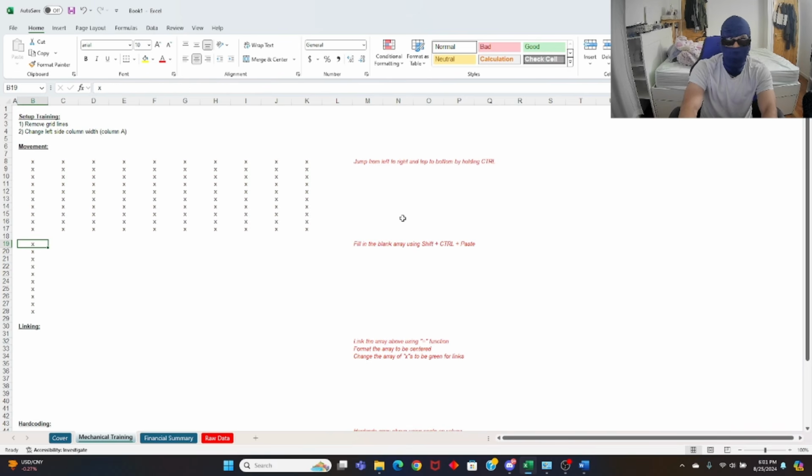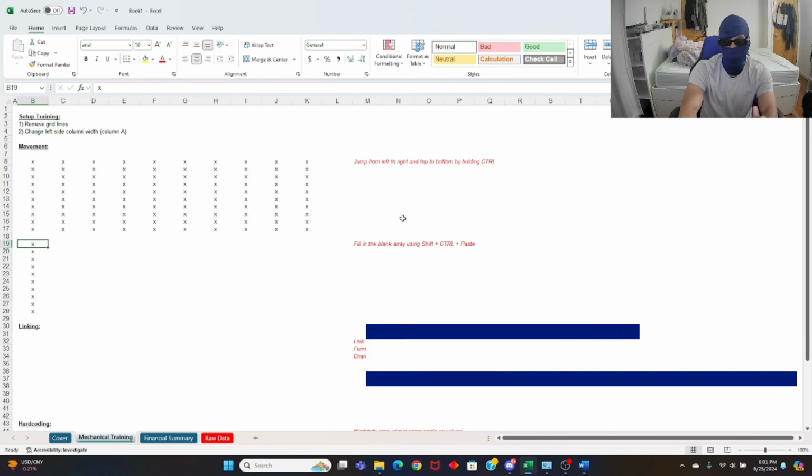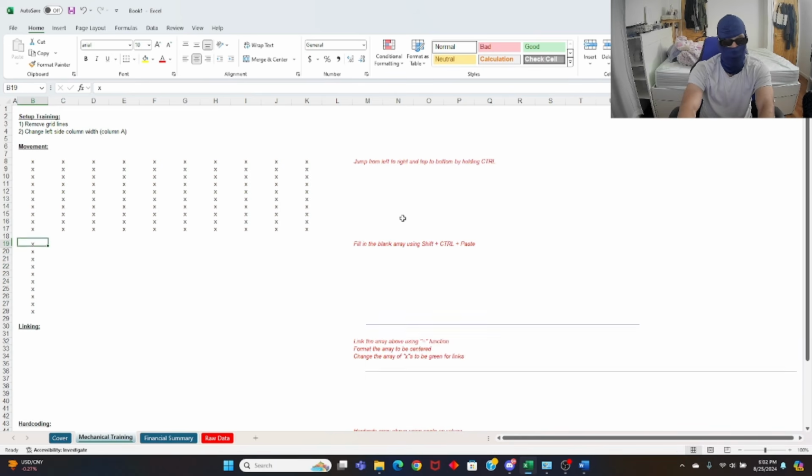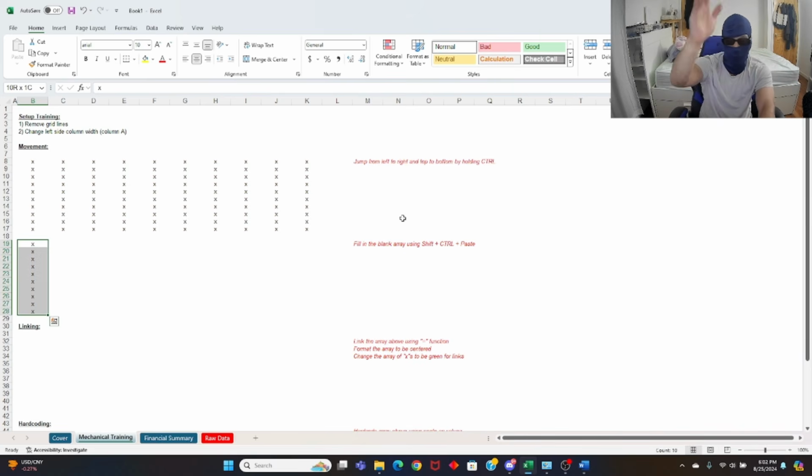So now you know control, you're moving up and down. The next thing is control and shift at the same time. And what that does in conjunction with your up, down arrow keys or left, right, is that now when you're moving down, it highlights things, right? So when you hold shift alone and you go down, it sort of moves things, right? So it highlights wherever you go. And then when you hold control and shift down at the same time, you go down, it highlights the entirety of the array with cells with values in them.